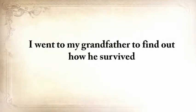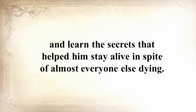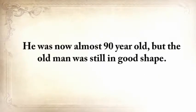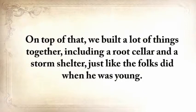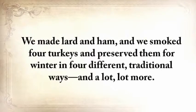I went to my grandfather to find out how he survived and to learn the little secrets that helped him stay alive in spite of almost everyone else dying. Now, he was almost 90 years old, but the old man was still in good shape. For 3 weeks on end, I absorbed his lessons like a dry sponge. And on top of that, we built a lot of things together, including a root cellar and a storm shelter, just like the folks did when he was young. We made lard and ham, and we smoked 4 turkeys and preserved them for winter in 4 different traditional ways,